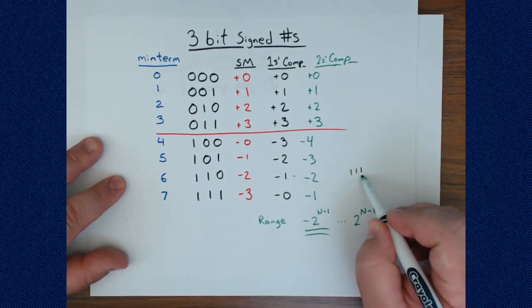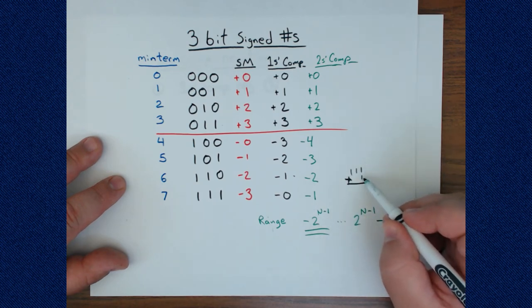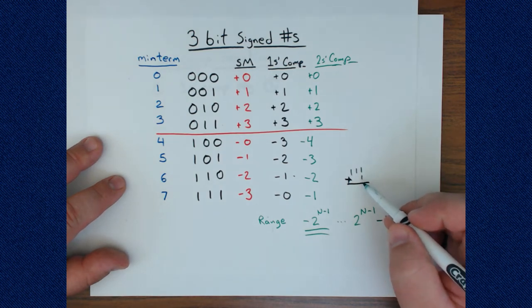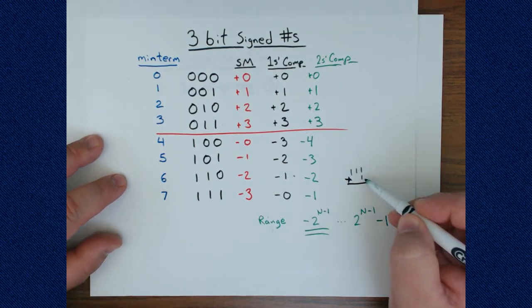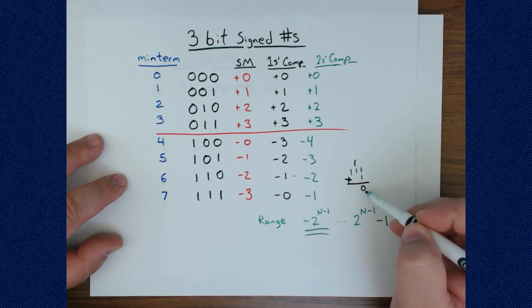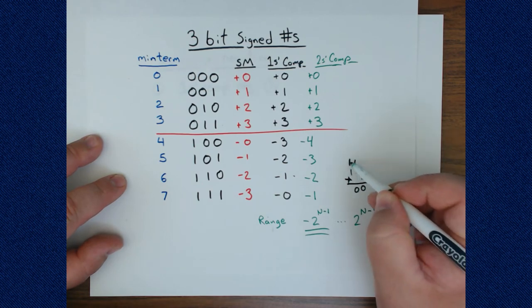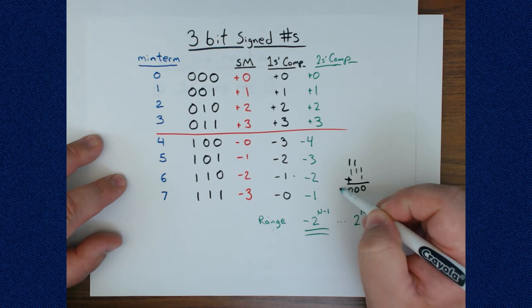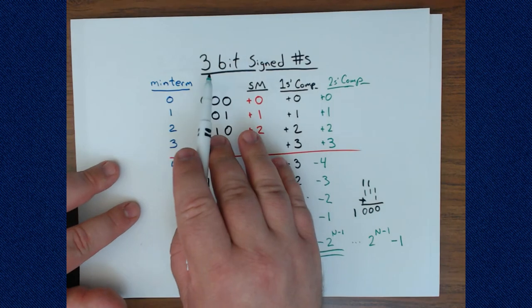1 plus 1, well, that's a horrible plus. 1 plus 1 is really 2. But in binary, it's kind of like in decimal when you do 7 plus 6 and you get a 3 carry the 1. It's really 13, right? But we break it up into its digits. So 1 plus 1 is 2, and in binary, that's a 0 carry the 1, because 1, 0 is the number 2. Well, 1 plus 1 again is 0 carry the 1, and 1 plus 1 again is 0 carry the 1. So we end up with this bit pattern that's 4 bits long, but our machine is only 3